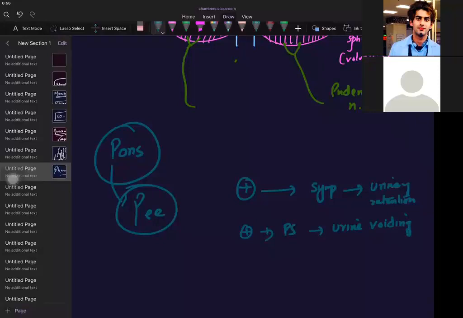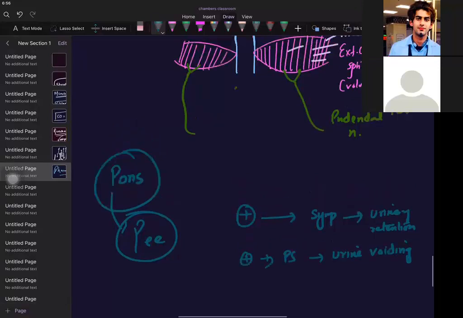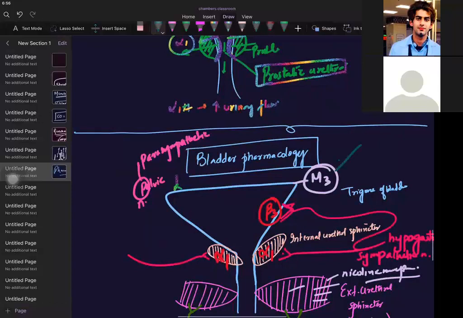Okay. Now the game starts. So I told you the normal things. Now see how I will integrate it. So directly go to the clouds, to the sky. See the magic. The magic is, if you stimulate this M3 receptor, what will happen? M3 is a muscarinic receptor. M3 is which type of receptor? Normally what you were doing, you were stimulating the M3. When you stimulate the M3, what will happen?